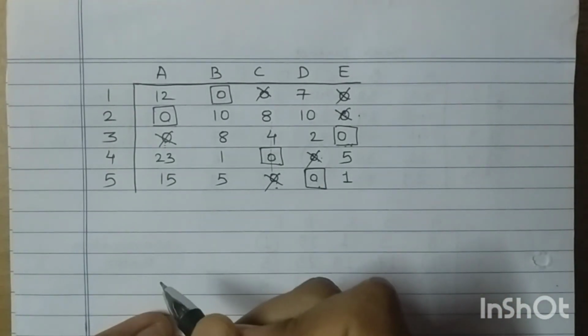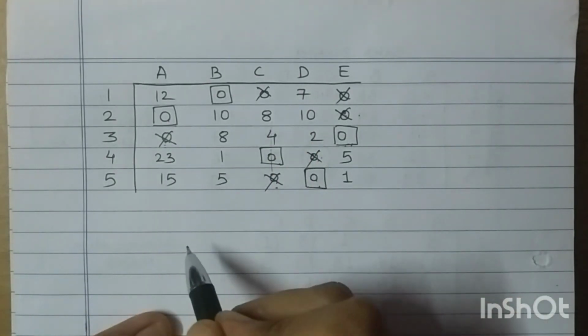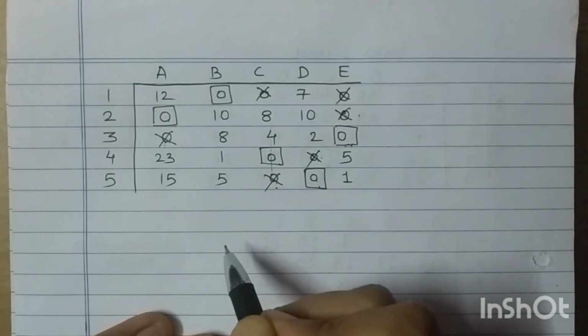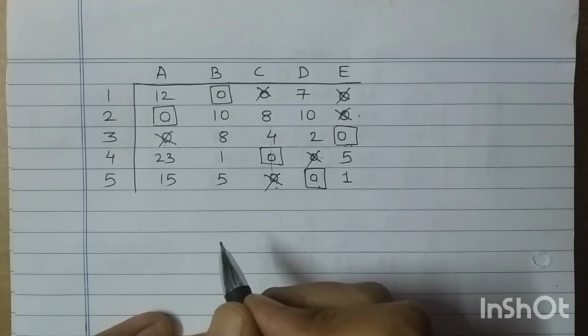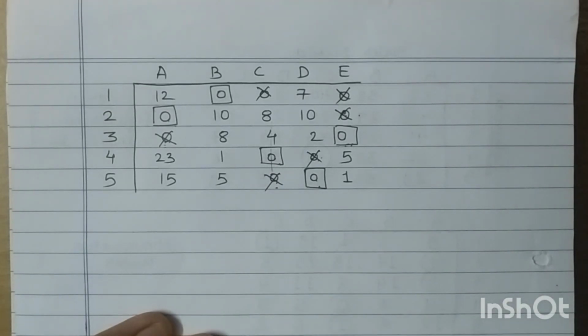Similarly, so many permutations and combinations will be there, but the final answer for all the solutions will be exactly the same. That means the allocation may be different, but the total optimum cost, that is profit cost, will be the same. In the examination, it is expected that a minimum of 2 solutions of such multiple-solution problems should be given by the students. Then only you will get full marks. So I will write down this final assignment.